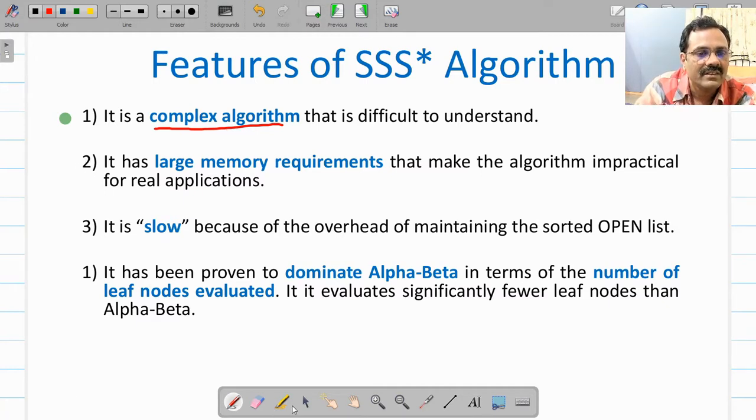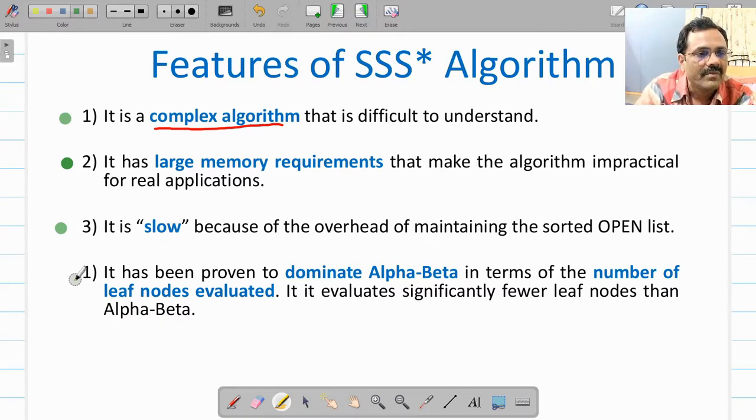The second feature is that it uses a priority queue, and you will have to keep all those nodes on that queue, so it has a large memory requirement, and that makes this algorithm impractical in real applications. It is also a slow algorithm because the overhead of maintaining that sorted open list is more. Every time you will have to work on that priority list.